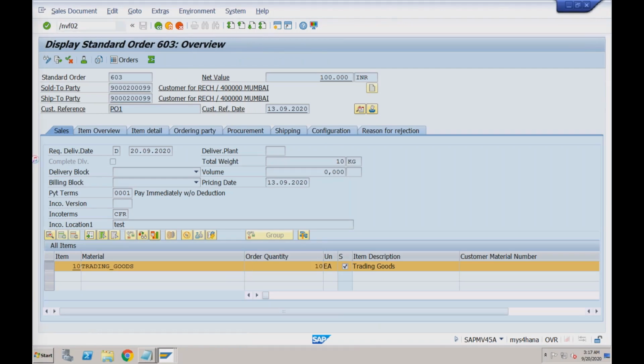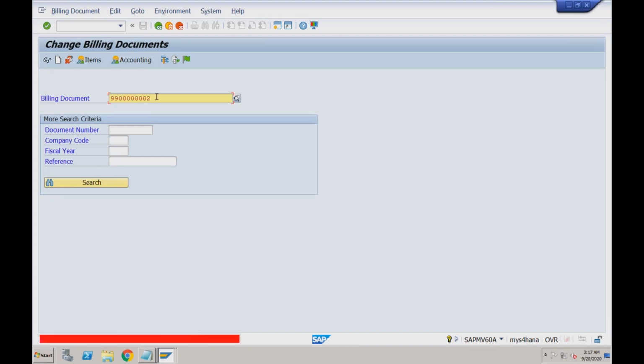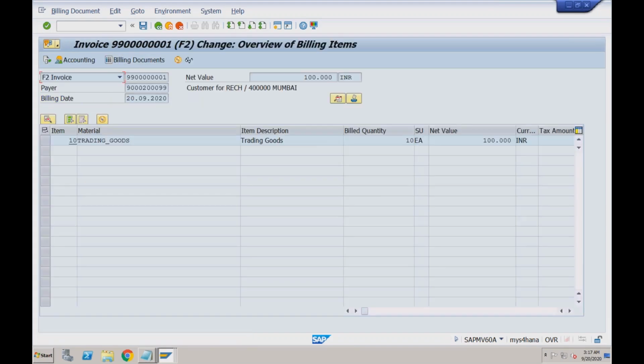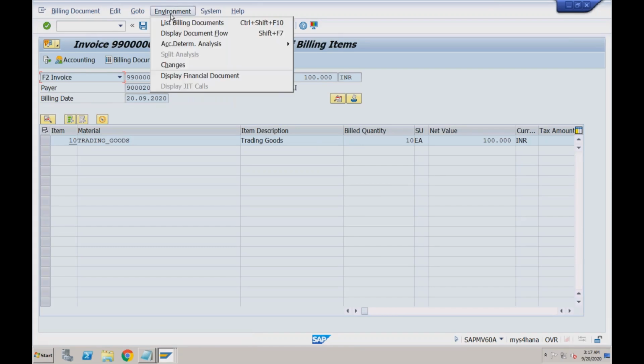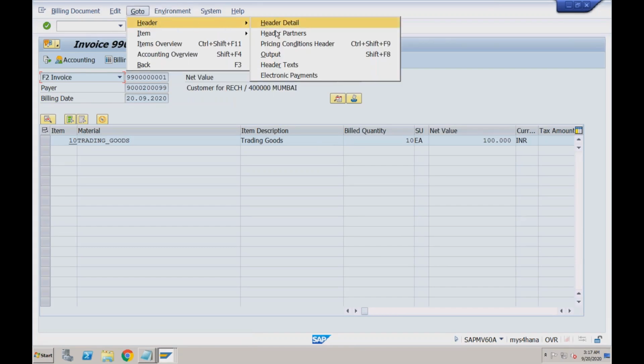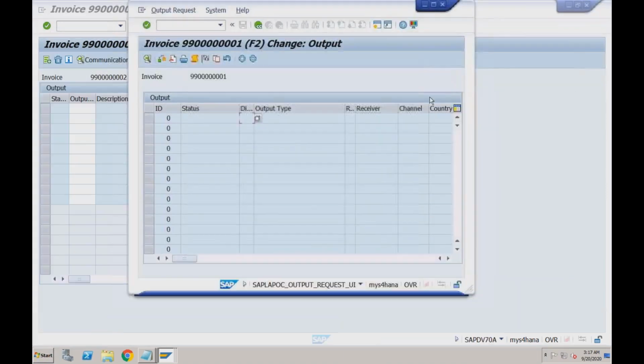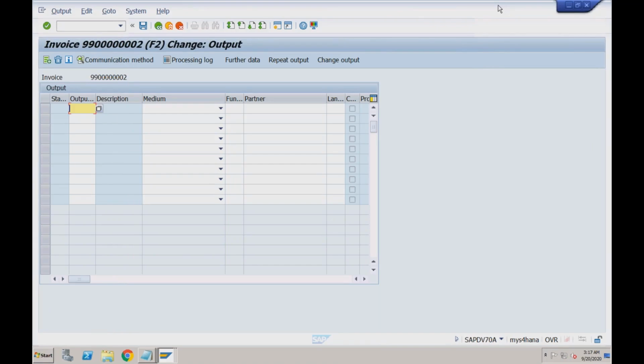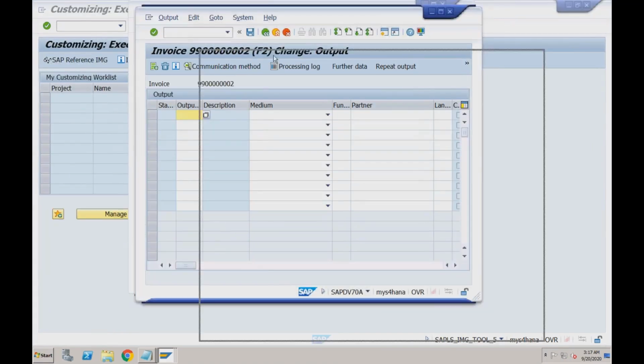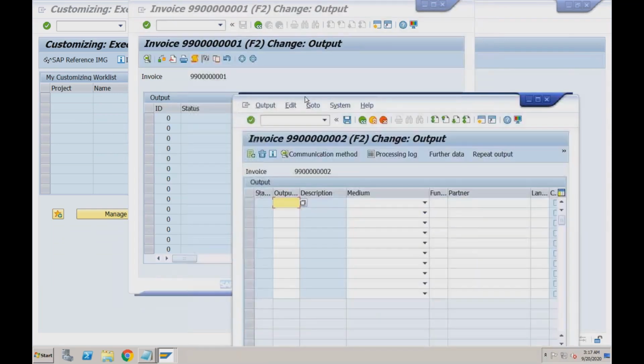So this is first one. Sorry, this is first one. If you go to environment, go to header and output. Are you able to see any difference in these two screens? Yes, sir. Right, so you can see the difference is